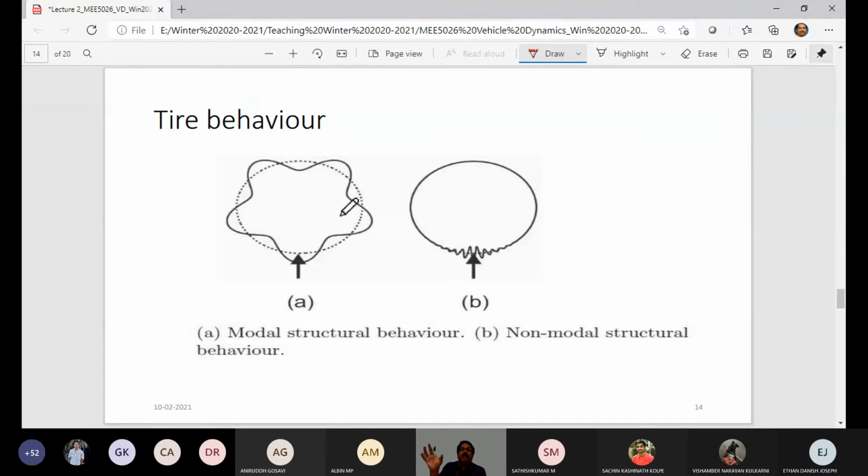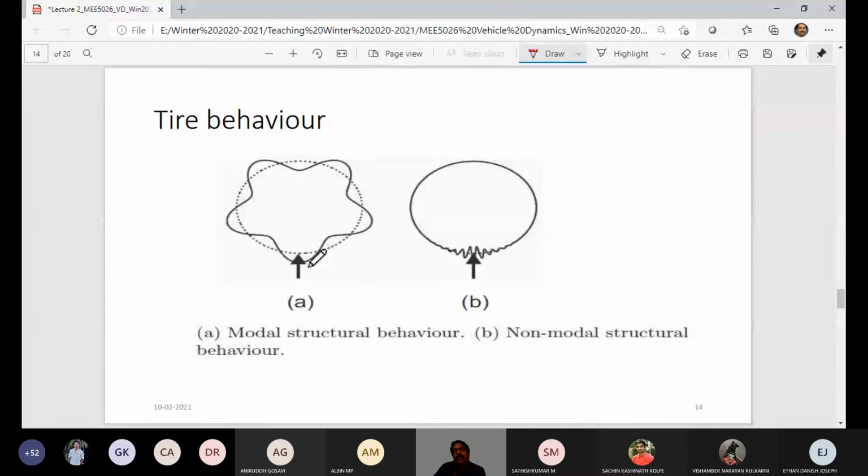So I will have my lumped mass and stiffness is the same. The lumped mass is going up and down, and the unsprung mass is what I consider to be the tire. I don't require this behavior accounted into my ride models. Whereas if I had to account for the same for my noise perception, what is the noise radiated, what is the noise coming inside, then you see that modal behavior is important for the tire.